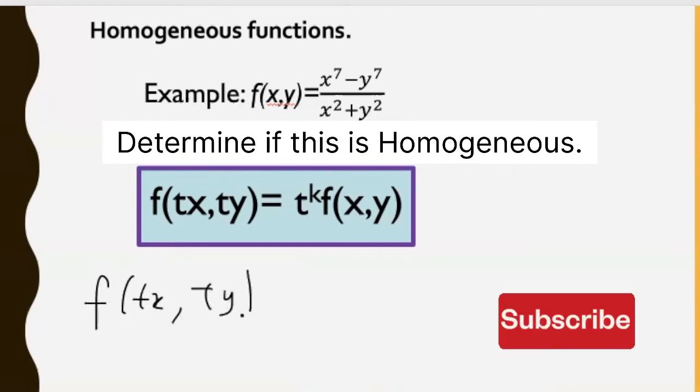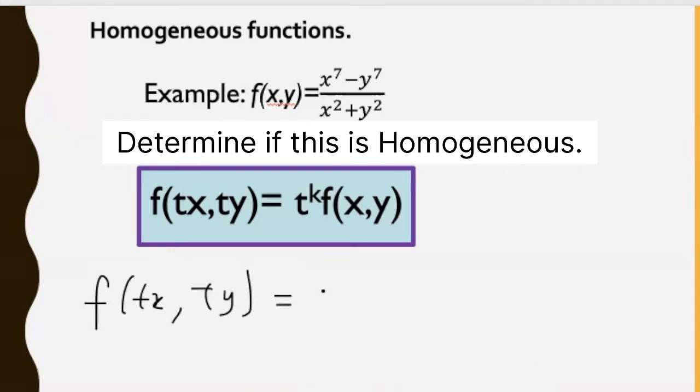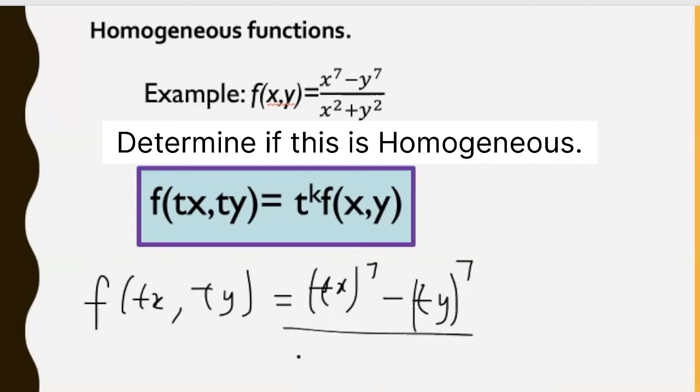So our new x and new y will be tx and ty. So where I have x to the 7, I will replace it to be tx to the 7. And where I have y to the 7, I'll replace it with ty to the 7. In the denominator, I will have tx all squared plus